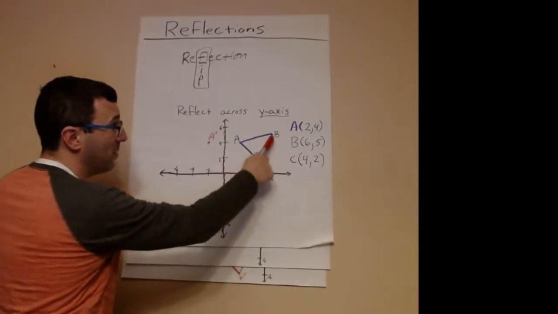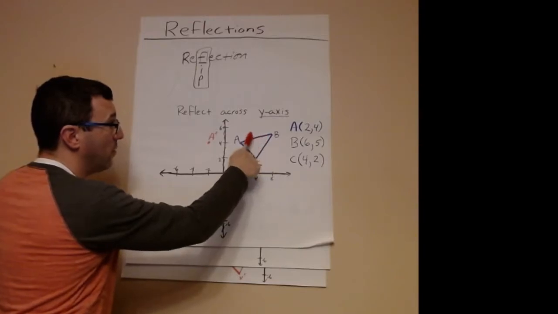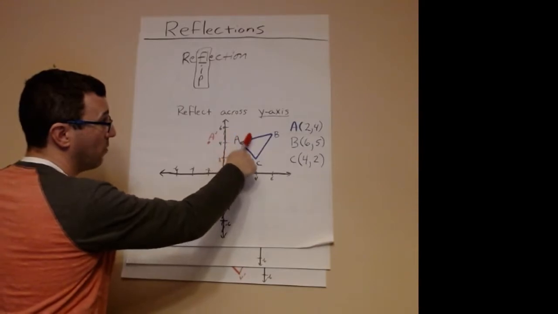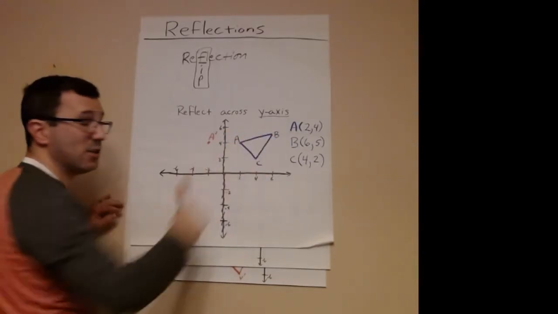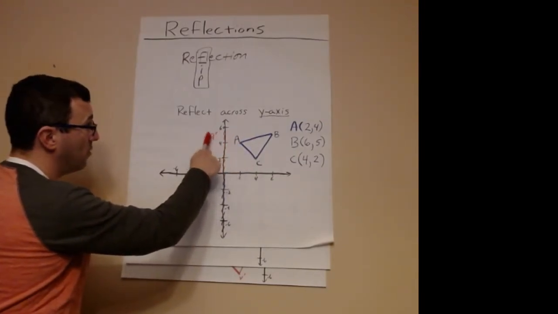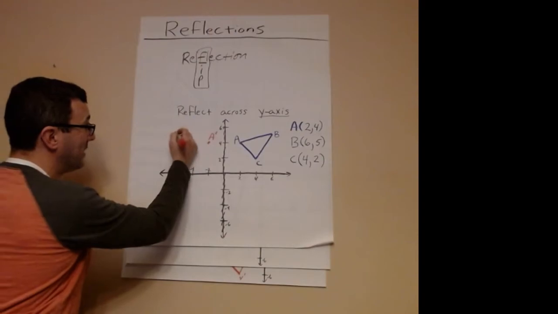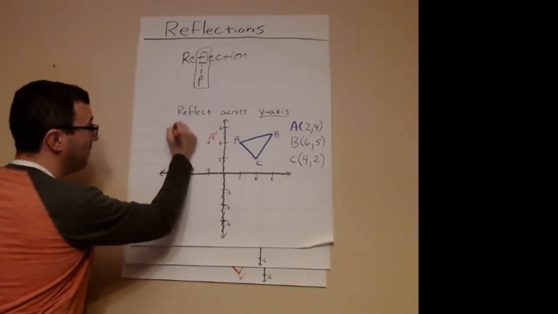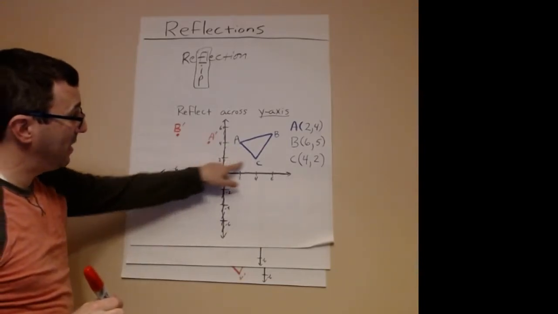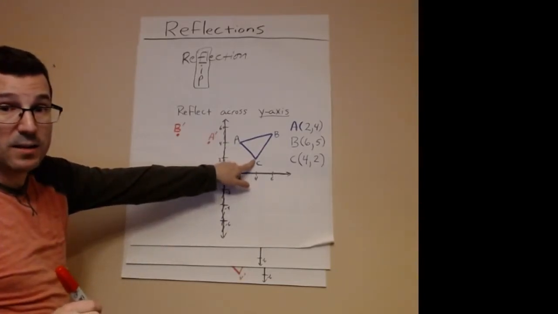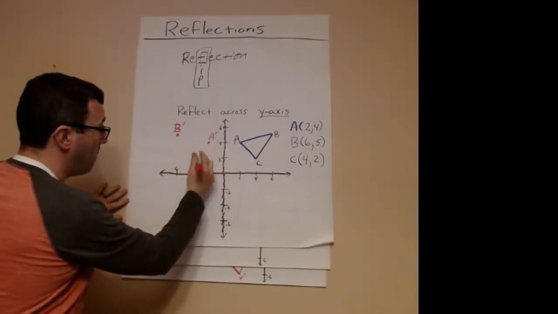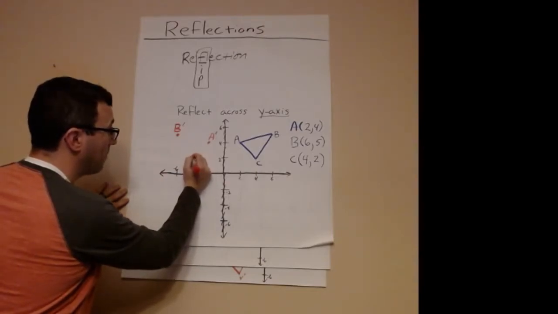B, we look, B is 1, 2, 3, 4, 5, 6 to the right of the y-axis. So B prime is going to be 1, 2, 3, 4, 5, 6 to the left of the y-axis. C is 4 to the right of the y-axis, so C prime is going to be 1, 2, 3, 4 to the left